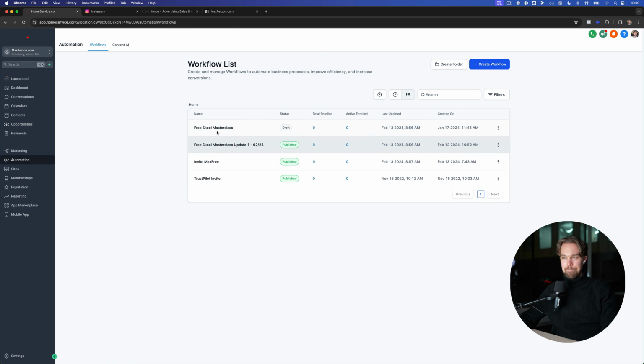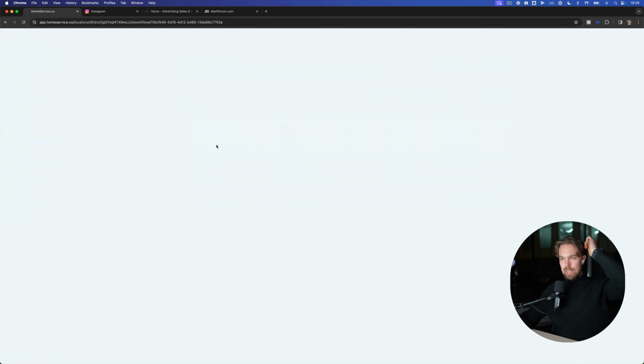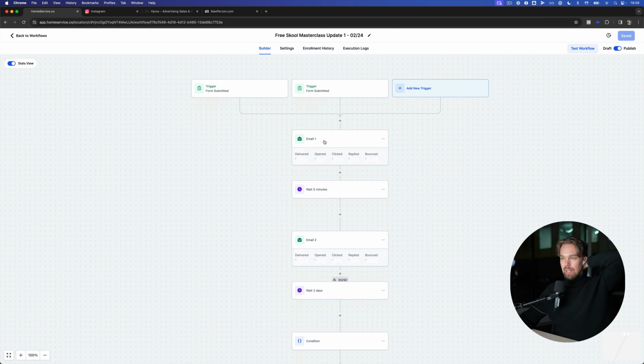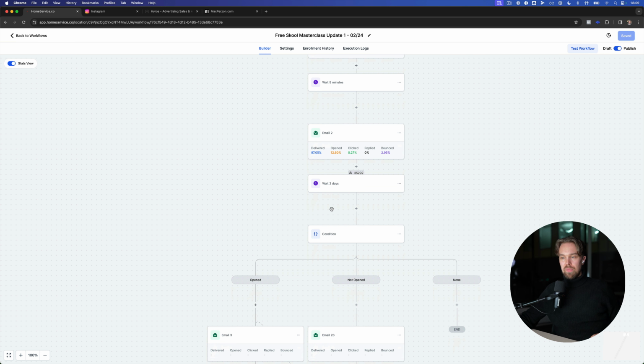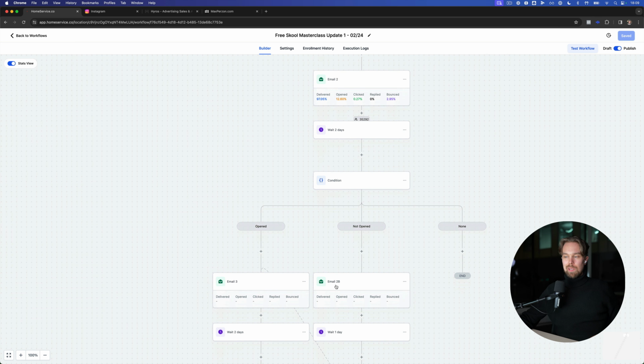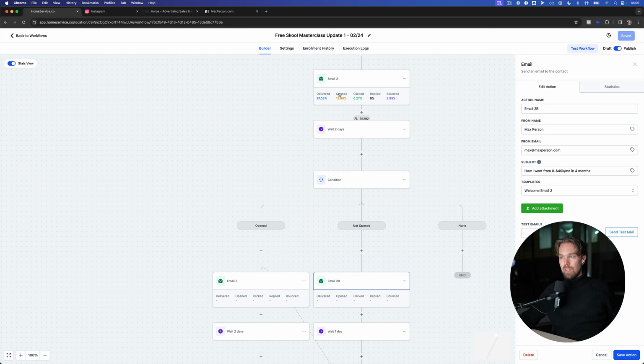So if you go in here now to the free Skool masterclass, the way we've structured it, right, is that they get email number 1, they get email number 2, and then we wait for 2 days, and then we do a condition. If they've opened this email, then we will send the email number 3. If they didn't open email number 2, we're going to send email 2B. And what we do here, which is really cool, is that if they didn't open and read email 2, we're going to send email 2 again, but with a different headline,